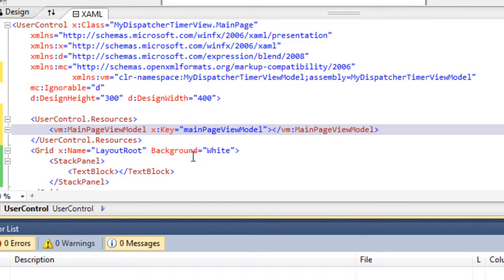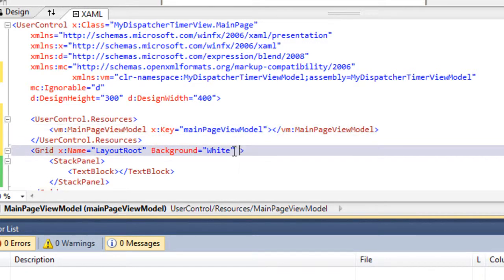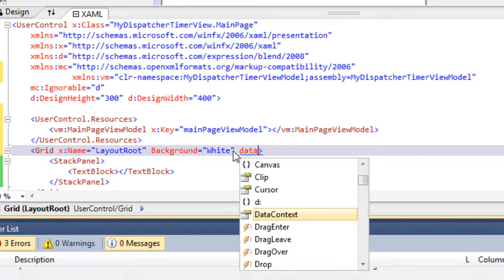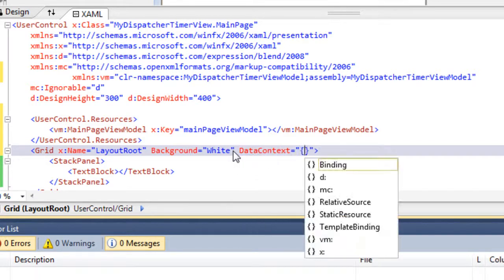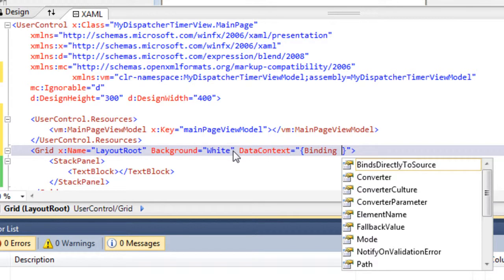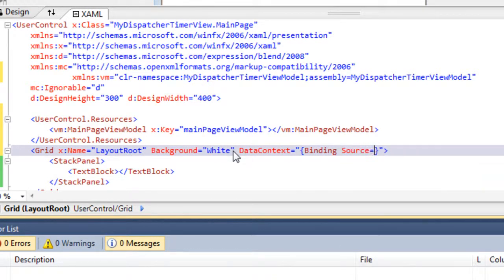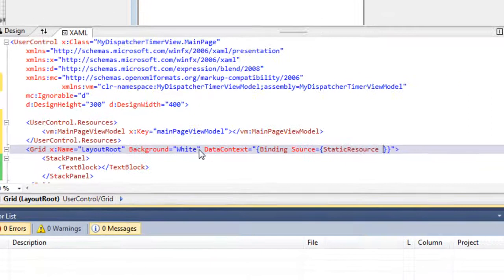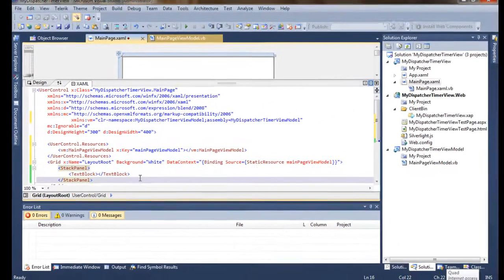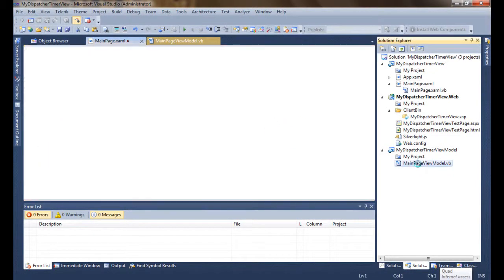And let me set the data context of this grid to Binding Source equals StaticResource, this is my main page view model. Okay, we are fine.